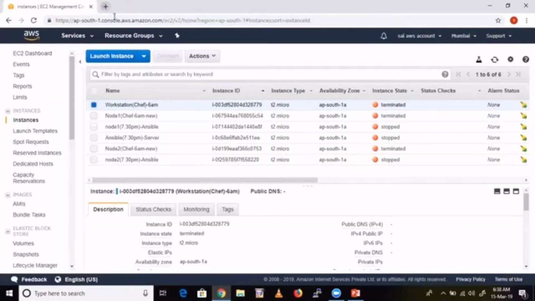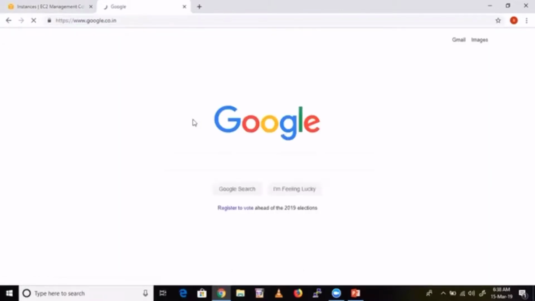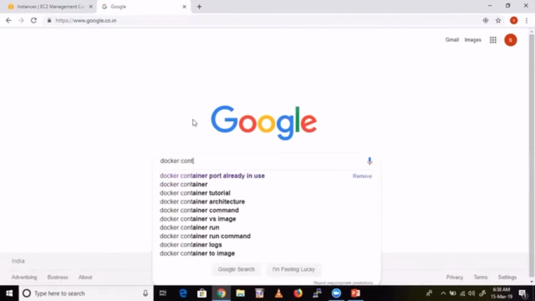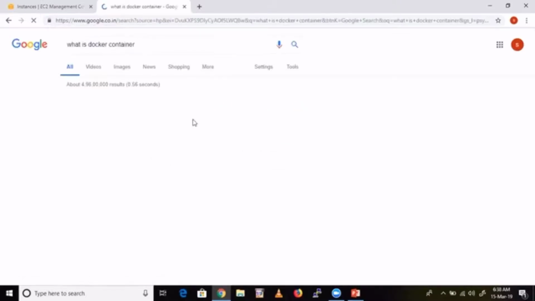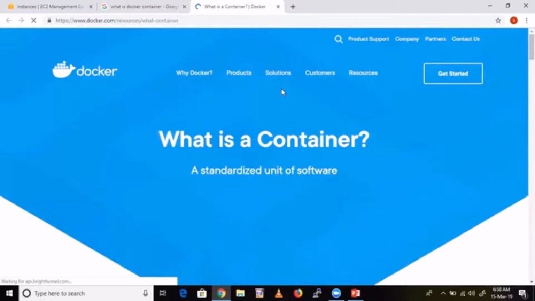Type it here in Google. In the definitions you get, there will be complex definitions.